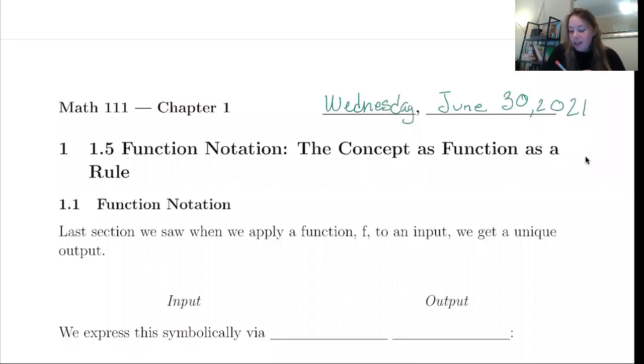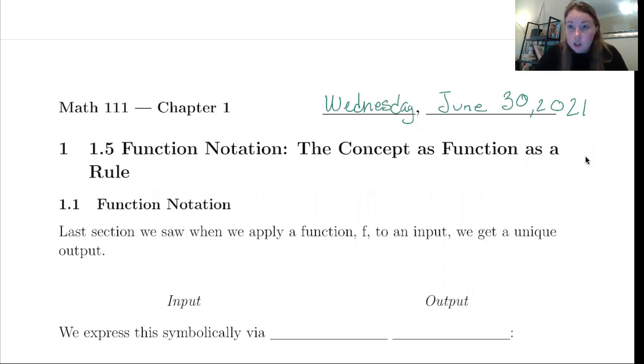Alrighty, so if you're watching this on the correct date, Wednesday, June 30th, this should be the day before your first exam. Okay? So this material is not on exam 1. Sections 1.5 and 1.7 on will be covered in exam 2. Okay? So last time in 1.4, we talked about